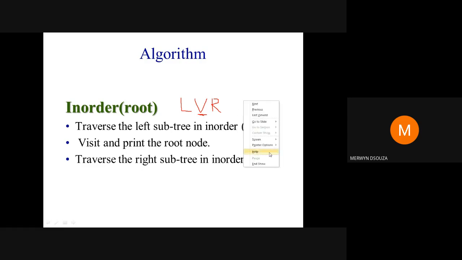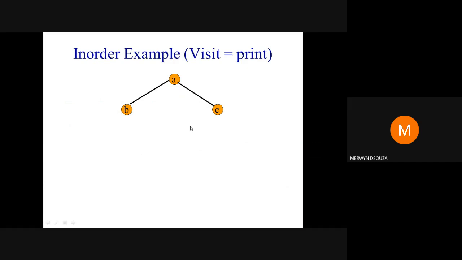Okay, let's look at an example. So these are your steps. Let me write: left subtree in order, visit the node, and then right subtree in order. Okay, so these are your steps. Let's start here. Left subtree. Start with the root node always. Since it says left subtree, go to the left if it's possible. Okay, go to the left.